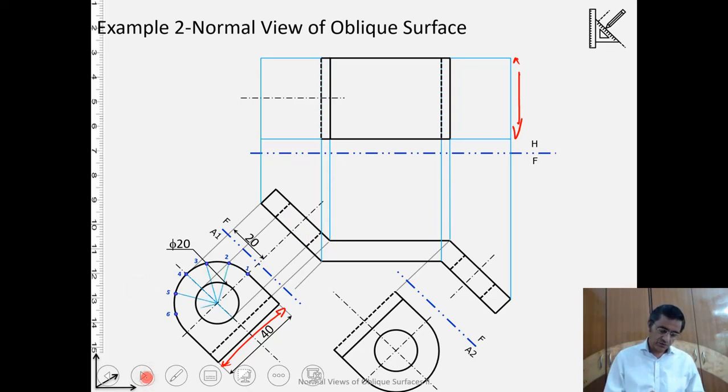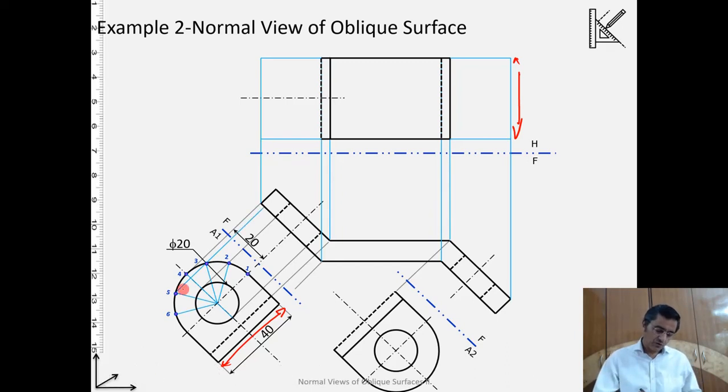So these are the points which we have marked here. Now from 4, that is how the projector goes to the frontal, and that is how the projector goes to the horizontal. From 3 and 5, the projector goes to the frontal to this point, and from that point it will go further up. We will do it in a moment.